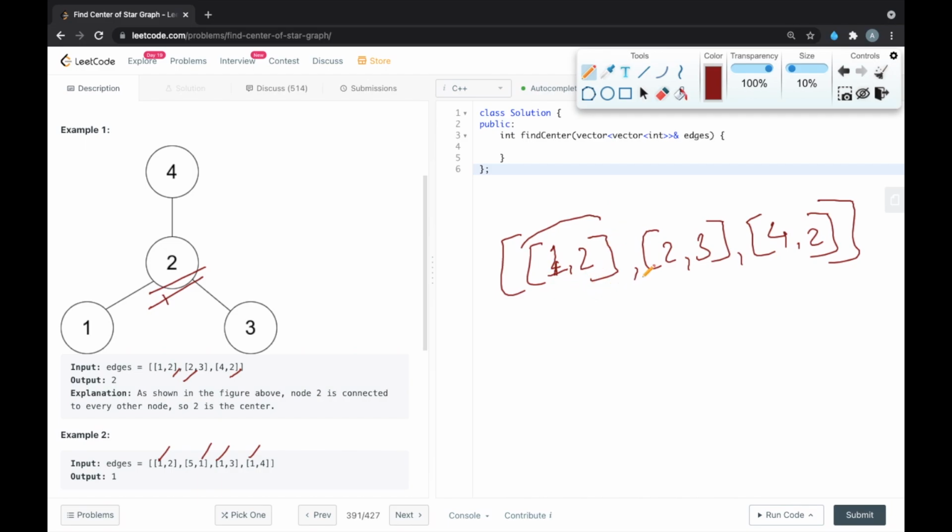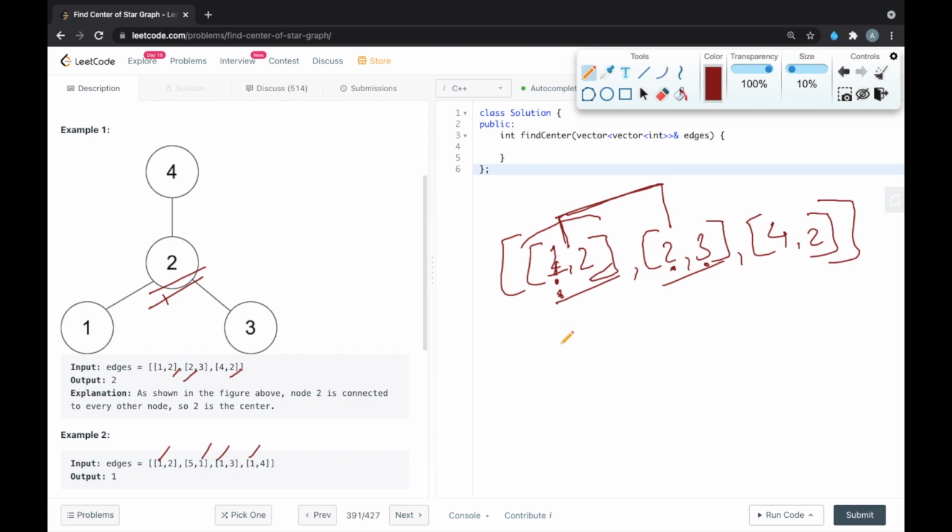So finding common out of all these is just finding common out of the first two. In these two, one element will be common and that will be common in the other edges also. So how we can find common in these two edges is we'll compare this vertex with this vertex, then again we'll compare this vertex with this vertex, and if any of these two doesn't match, then we will just return this vertex.